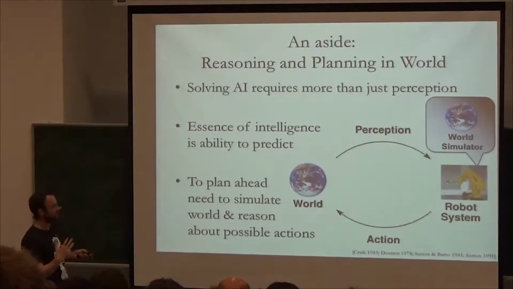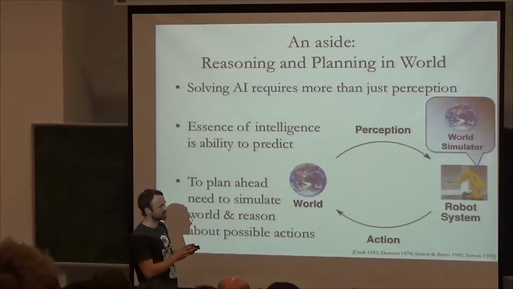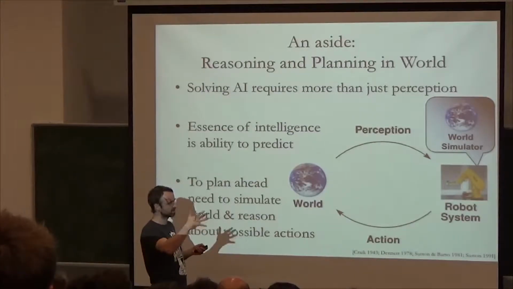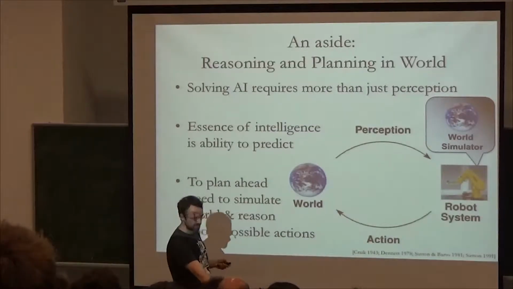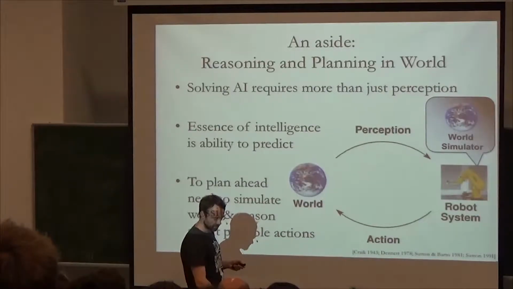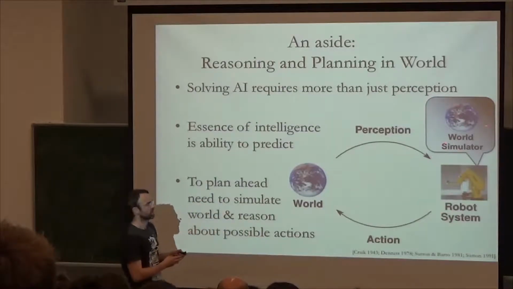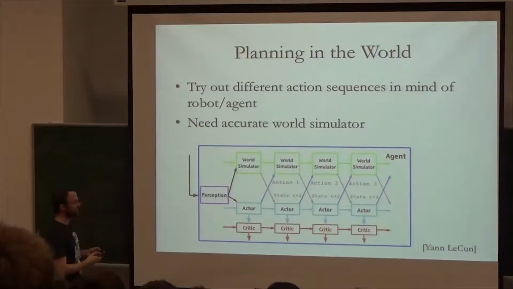Okay, and so to do that effectively, you do have to have some kind of model of the world in your head, or the robot's brain, to figure out what sequence of actions I should take. If I took this sequence of actions, what would happen? If I'm trying to pick up this glass on the table, if I take this particular sequence of actions, will it actually pick it up or not? Okay, and you want to be able to do that, of course, without actually doing anything yet, just imagining it. So in practice, what you want is some sort of system like this, where you have some sort of perception, and then you